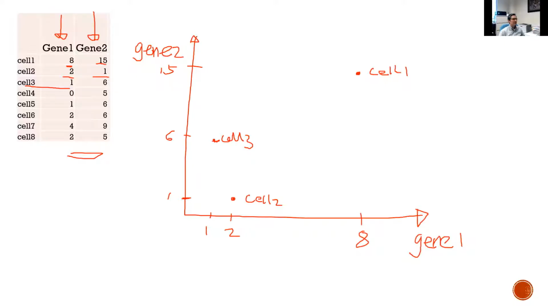Say 5, 0, 5, this will be C4. 1, 6 will be the same position, C5. 2, 6, cell 6. 4, 9, cell 7. 2, 5,